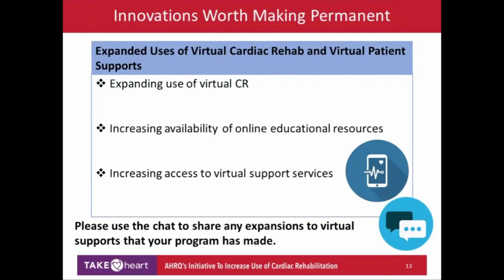You may not be using the treadmill that you want them to use. They may not be using the bike that you want them to use, and so on. But it is still another way where you can deliver a monitored program for exercise, for education, for counseling serially over time. And the data is out there that you do achieve at least some of the benefits of